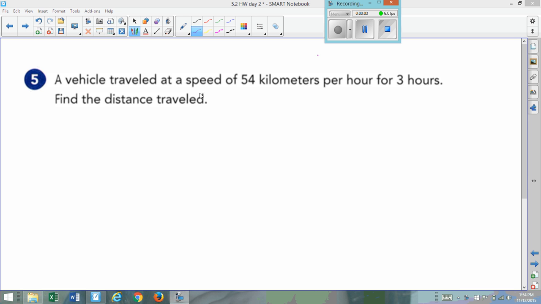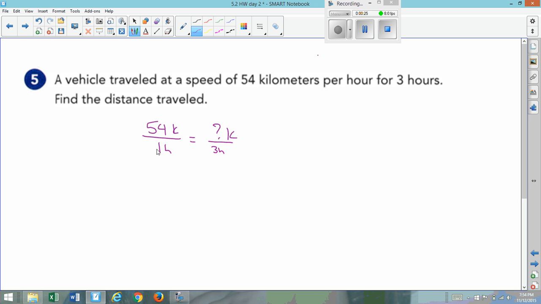Okay, this is 5.2 homework, day 2. It says a vehicle traveled at 54 kilometers per 3 hours. Find the distance traveled. Well, we know that we're going 54 kilometers per 1 hour, and we're converting it to 3 hours. So,